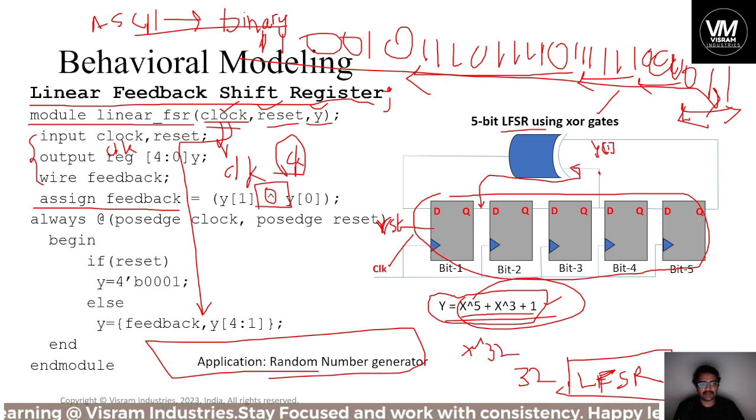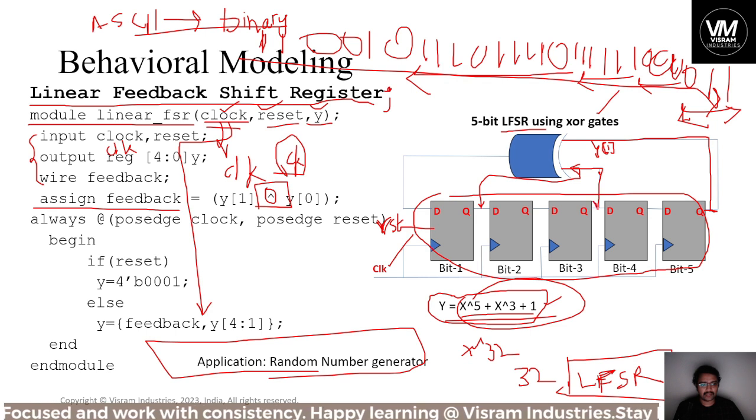So for example, what did I take here? This is some output at the 5th bit and this is some output at the 3rd bit, right? So you can take y of 3 XOR y of 5, but instead I have just mentioned 1 XOR 0,